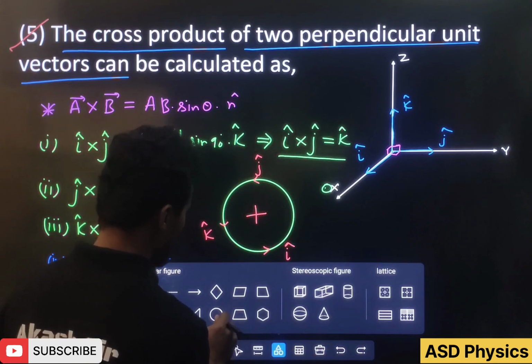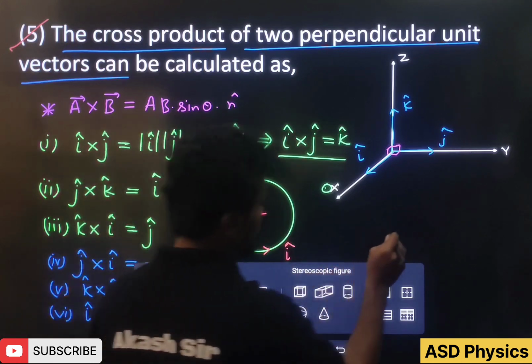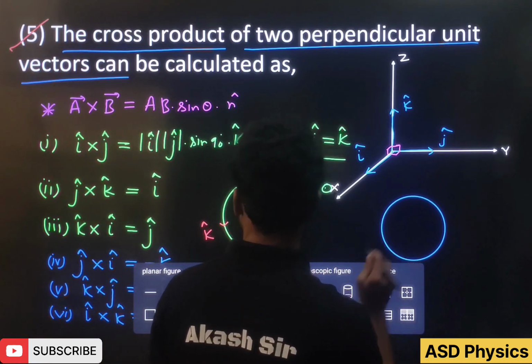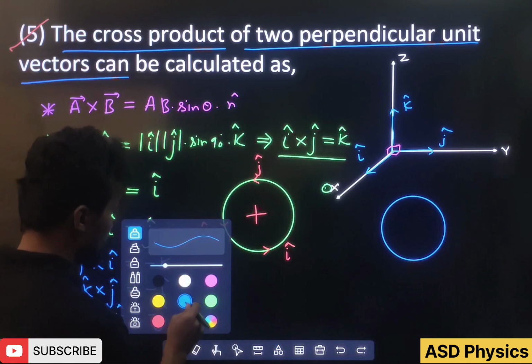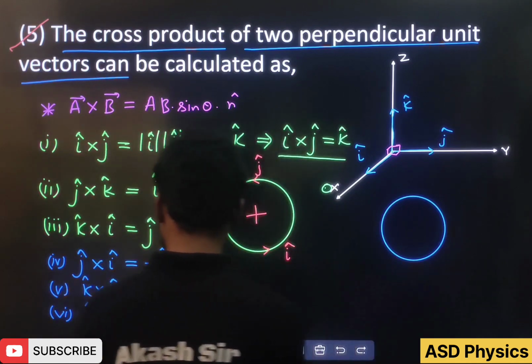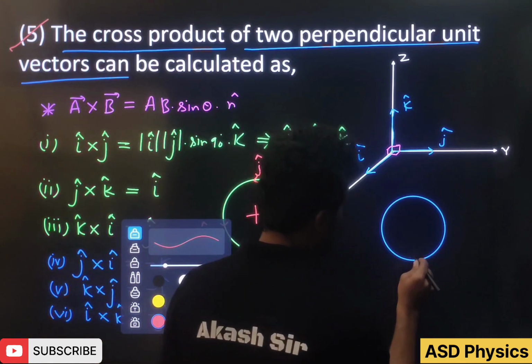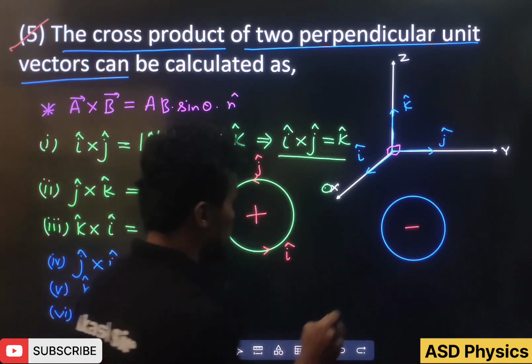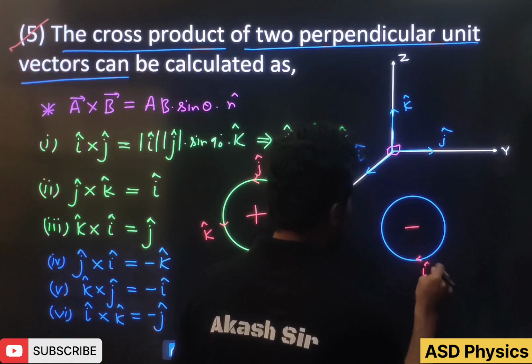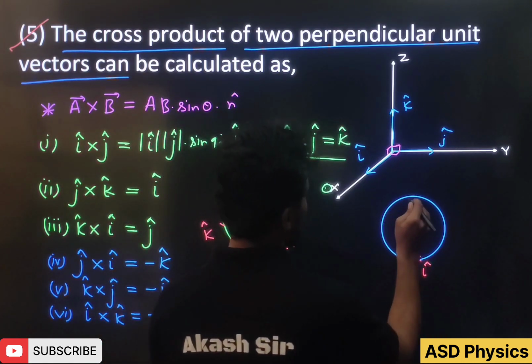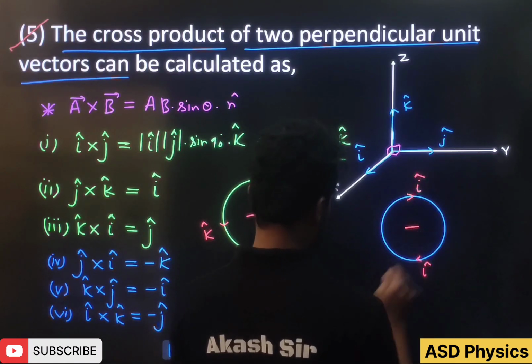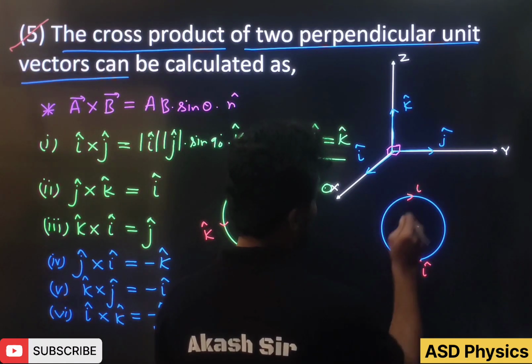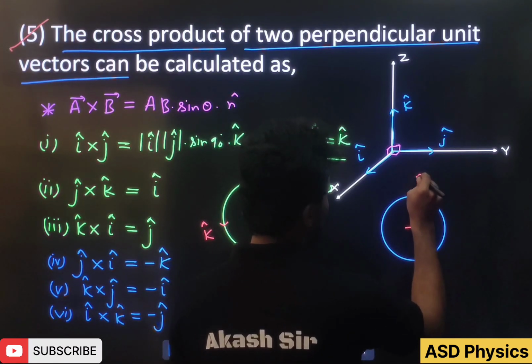But to remember this, what we can do is draw one more circle here. See, this is the one circle. Now, for this I am drawing here. Just draw like this. Here, minus will happen, and in which order? Opposite order here, like this. See, I have just reversed the direction. This is i cap, and here I have reversed the direction, j cap.